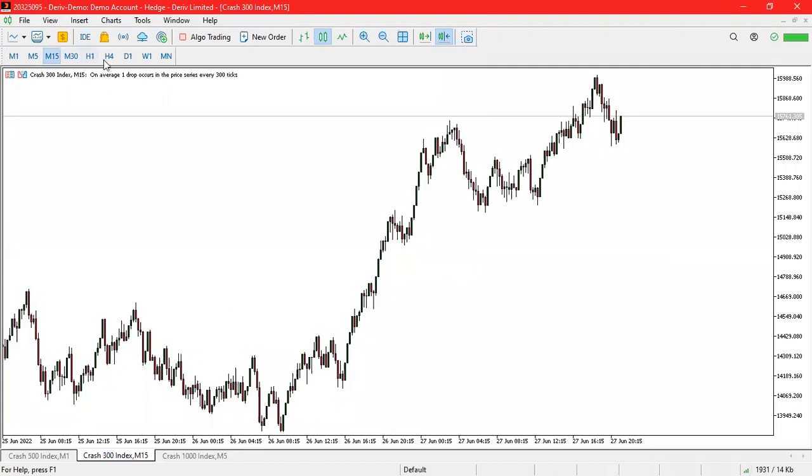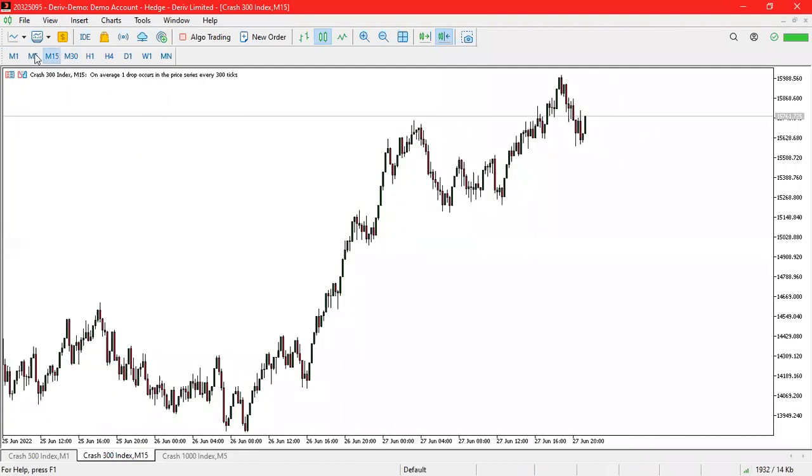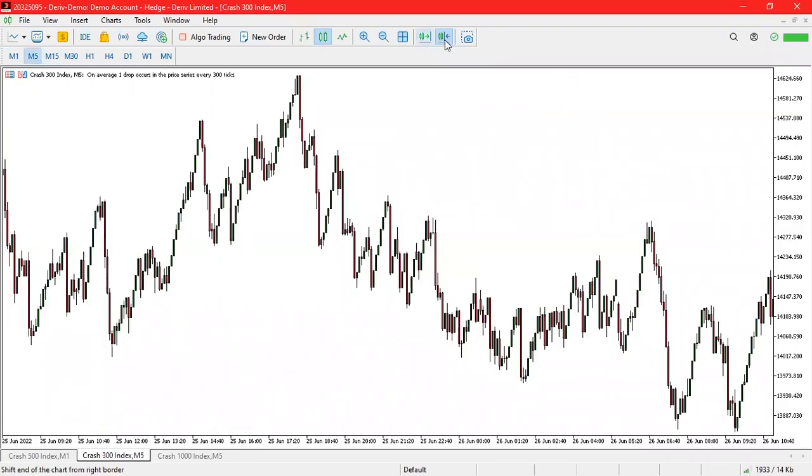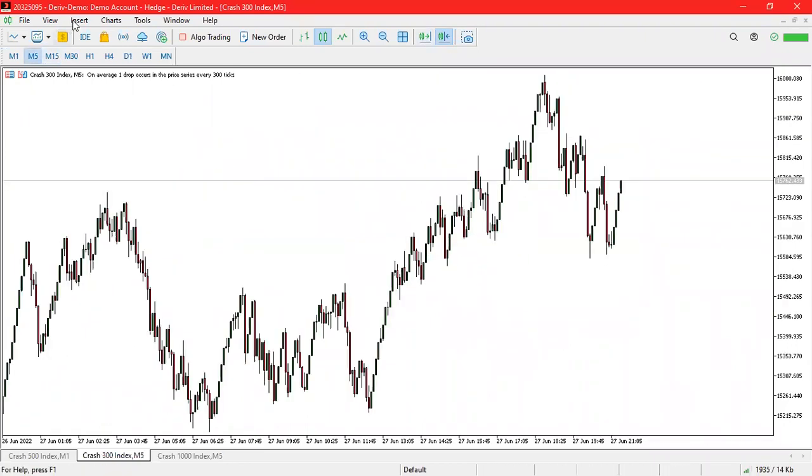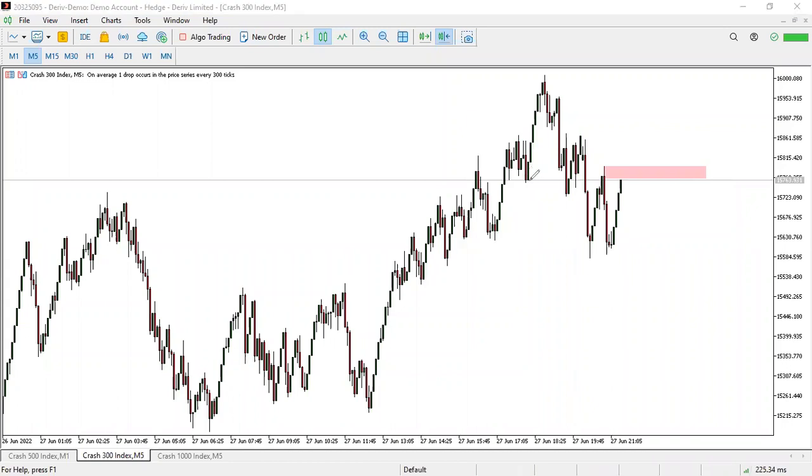Let's go back to 1 hour, H4, 15 minutes, 5 minutes. Let's use 5 minutes. So you see, this is Crash 300. If you check how Crash 300 is moving in a zigzag way, something like this, it has now broken the market structure here. This is the BMS. So mostly it won't break above this red level. It will do this and then continue going in a zigzag way. This is now the prediction of Crash 300.